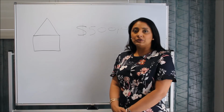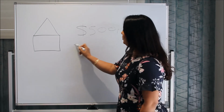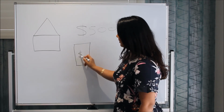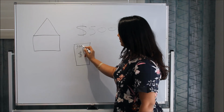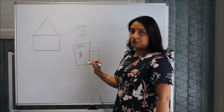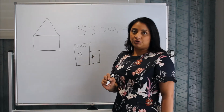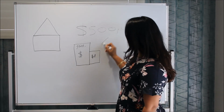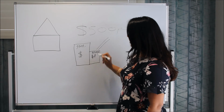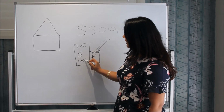These days, a lot of loans also come with an offset facility. What that means is you have a loan here, that's your loan. You have a bank account that is actually attached to the loan. For every dollar you have in there, you actually save interest on your loan. So for the month, say you have both salaries come in there and they amount to $10,000. All of a sudden now, your interest on that loan is only being calculated on